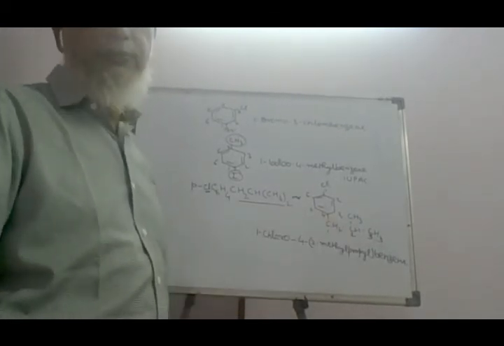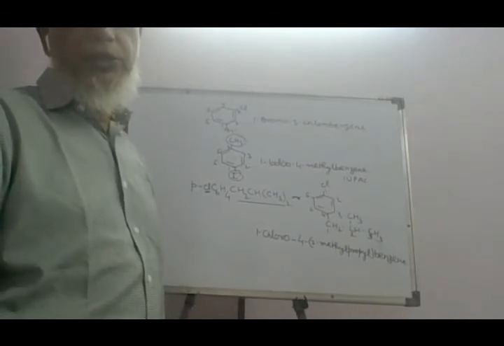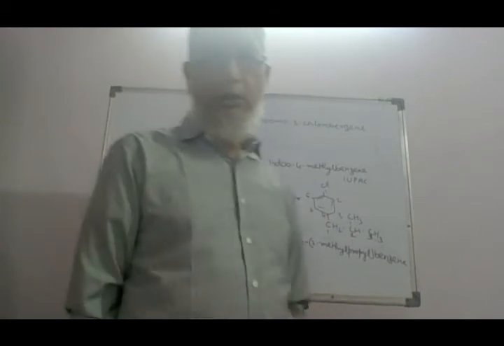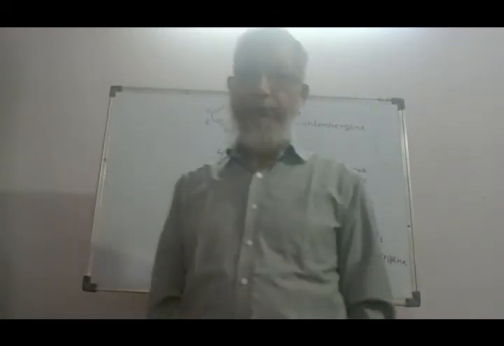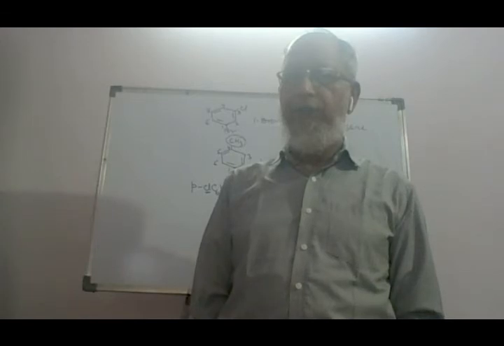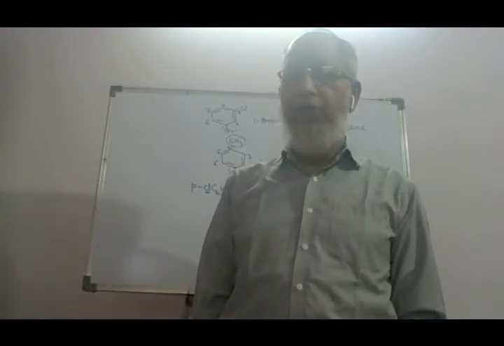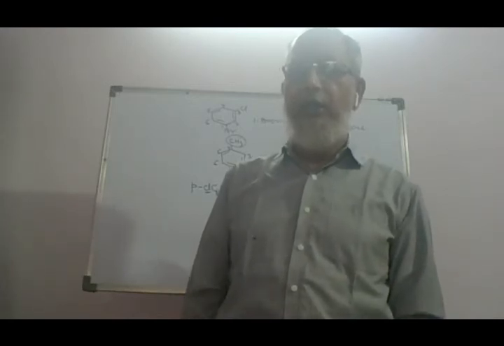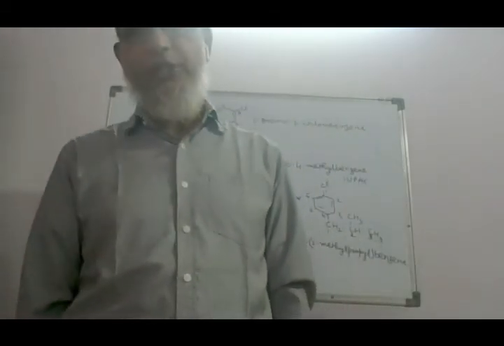As for example, if in the side chain there are 3 carbon atoms and there is no substituent group or functional group, then it will be called propyl benzene. But if the number of carbon atoms in the hydrocarbon part of the side chain is more than 6, then it will be taken as a derivative of the side chain, like alkane, alkene or alkyne, according to the nature of the carbon atoms present in the side chain.